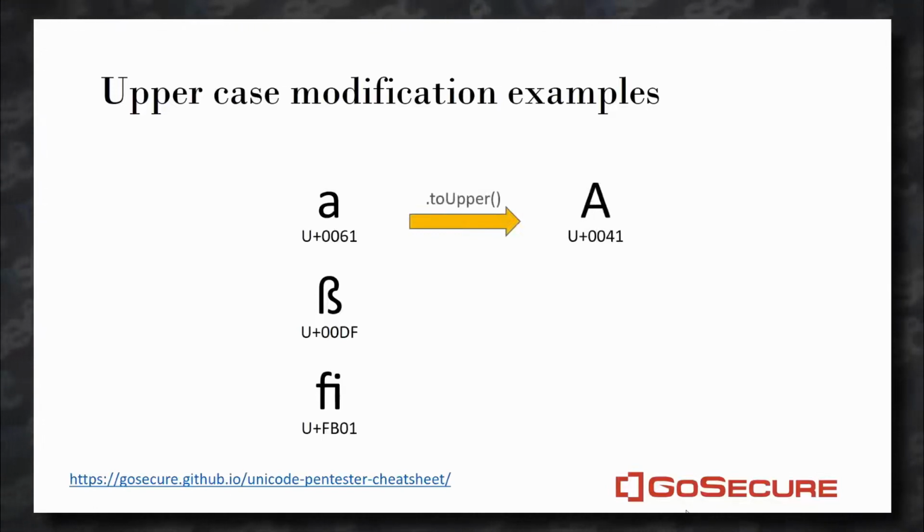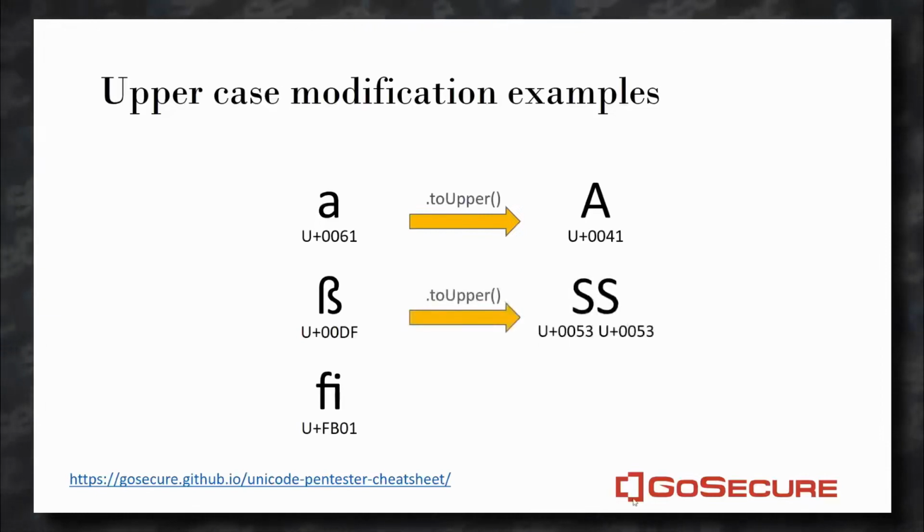But it's interesting to know that there are a few other characters, also on the application I just presented, that will become ASCII characters. So this German ß will become SS, so capital S. This is because it's part of the German language. This is the way the language works. The capital ß doesn't exist; it's written with two S.